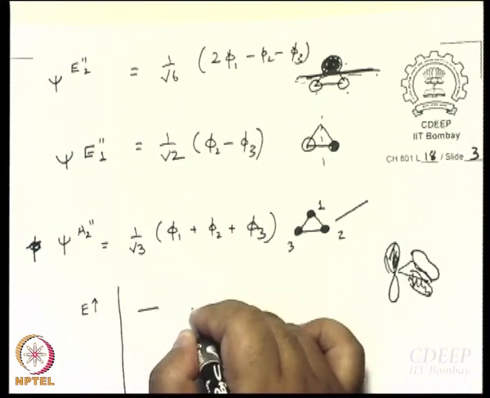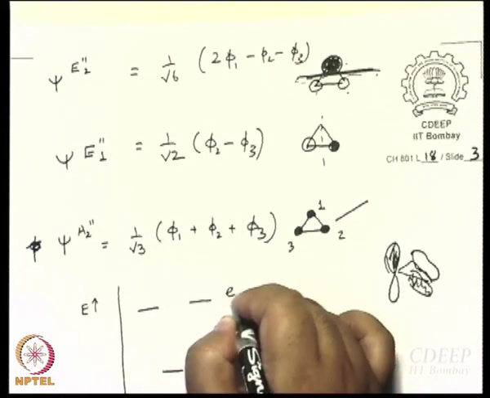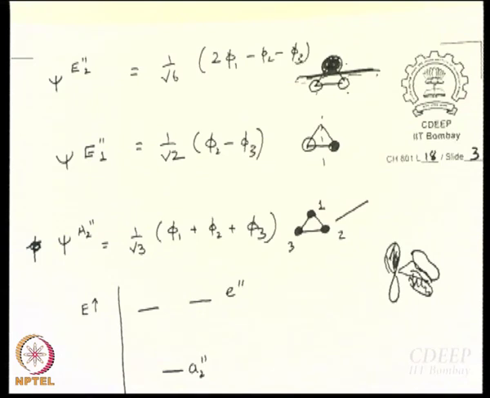Let me draw it like this, and I will call them the E double dashed degenerate set of wave functions. They have same node, but their compositions are different. Doesn't matter. Then the energy will be same. So to answer that question, what do we need to do? We need to perform a full Huckel treatment. We have to get to the secular equations, solve the secular equations and see.